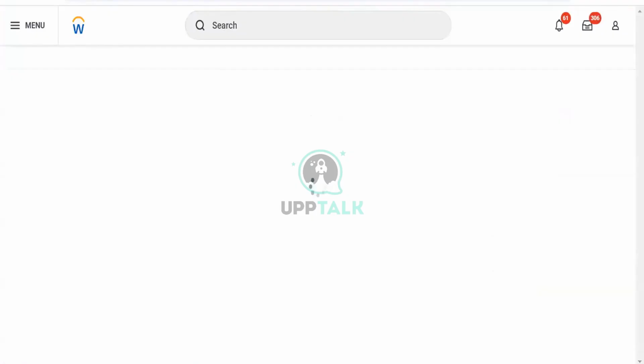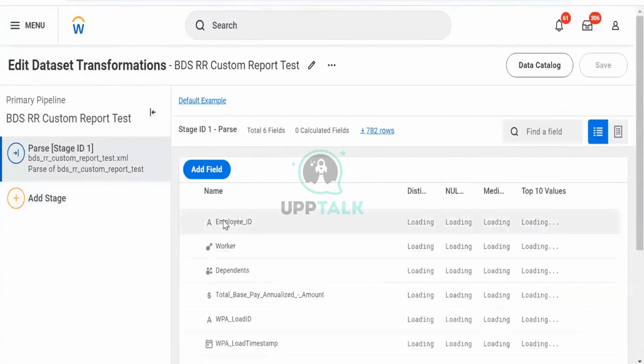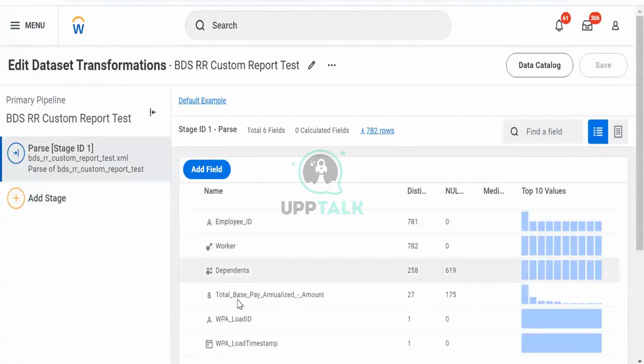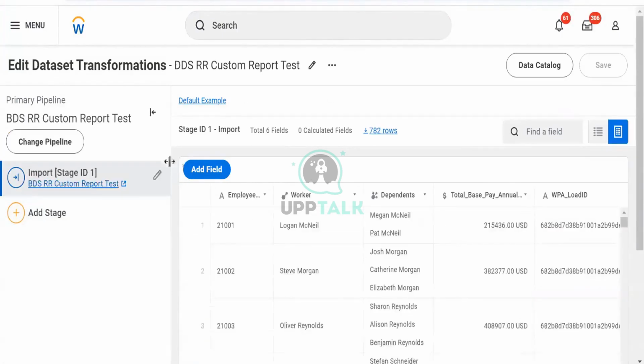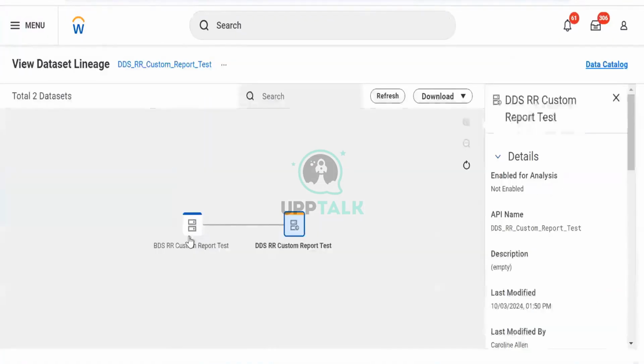Now, what we will do is, what fields are there? Employee, worker, dependents, and all the columns are there. But in this column also, all the details are there. But let's say I remove dependent here in the base data set. Here, what happened is, based on it, this base data set